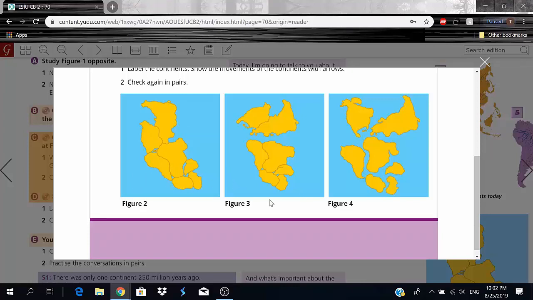Now, let's move on to figure 3 here. Now, things are kind of starting to take a little bit more shape. So we have in the northern hemisphere, Laurasia, right? So this was the northern continent, called Laurasia. And in the southern hemisphere, the continent was called Gondwanaland, I think. Yeah, Gondwanaland. So in the north, Laurasia, and in the south, Gondwanaland.